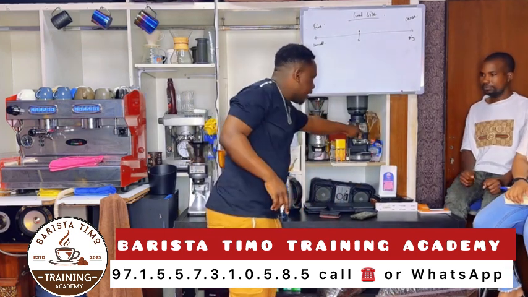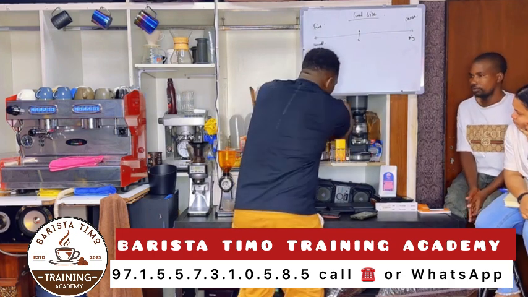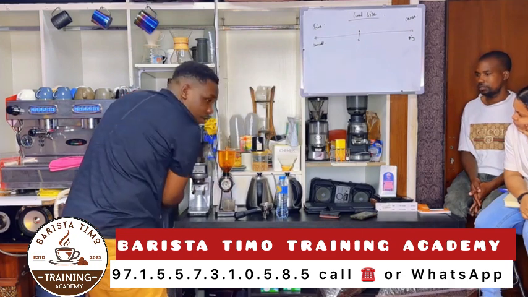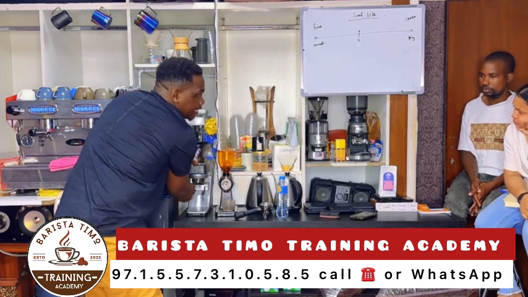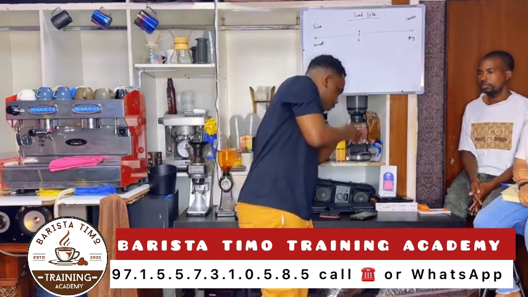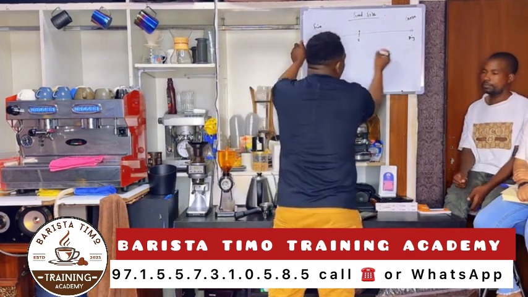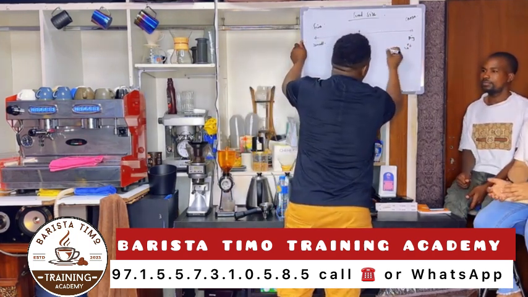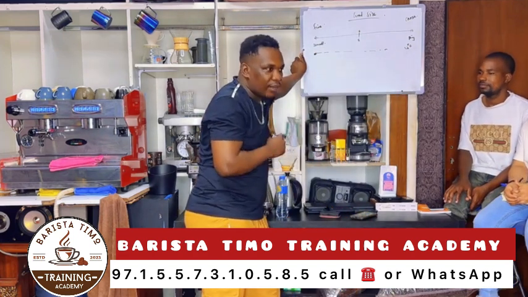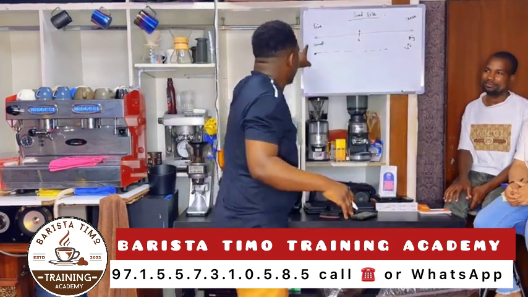So for all grinders, if I adjust like this, I go coarse, I go fine. Every grinder has its own mechanism, but the basic is you can either go smaller or you can go bigger. You understand, gentlemen? So it means if I crush my coffee particles here, they are big, they will go small until they are very small.